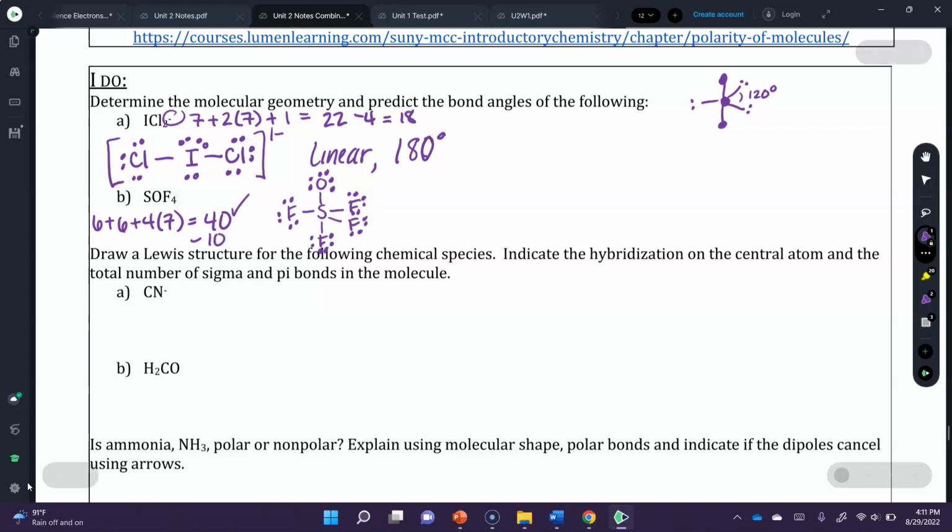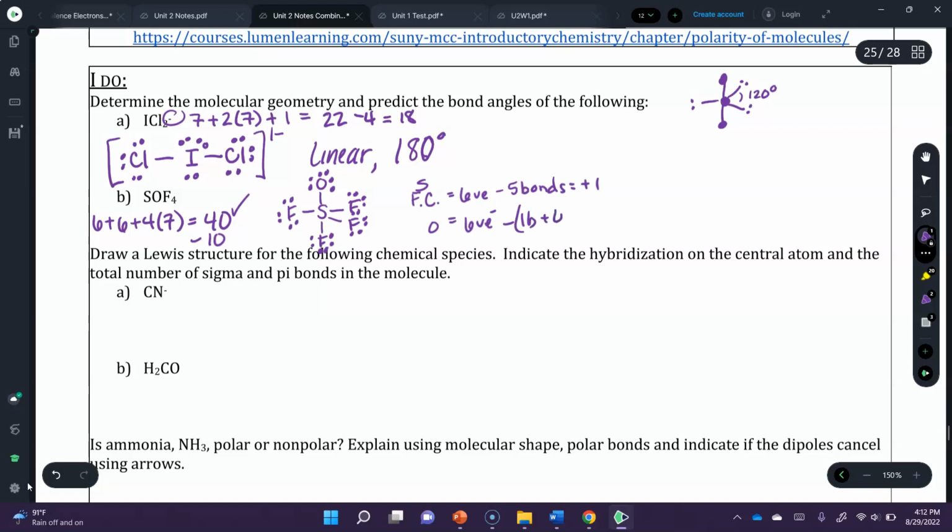Well, if you remember from earlier, the formal charge for sulfur needs to be as close to 0 as possible. Well, here 6 valence electrons minus 5 bonds is a positive 1, and for oxygen, the formal charge is 6 valence electrons minus 1 bond plus 6 lone pair electrons. That's a -1. But if we double bond this here, we see that this drops to 0 because this goes up